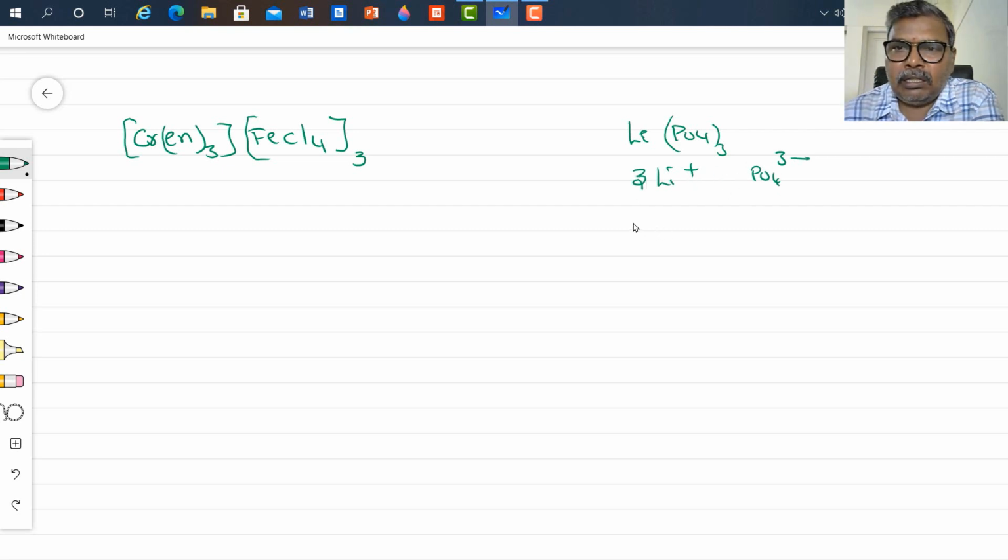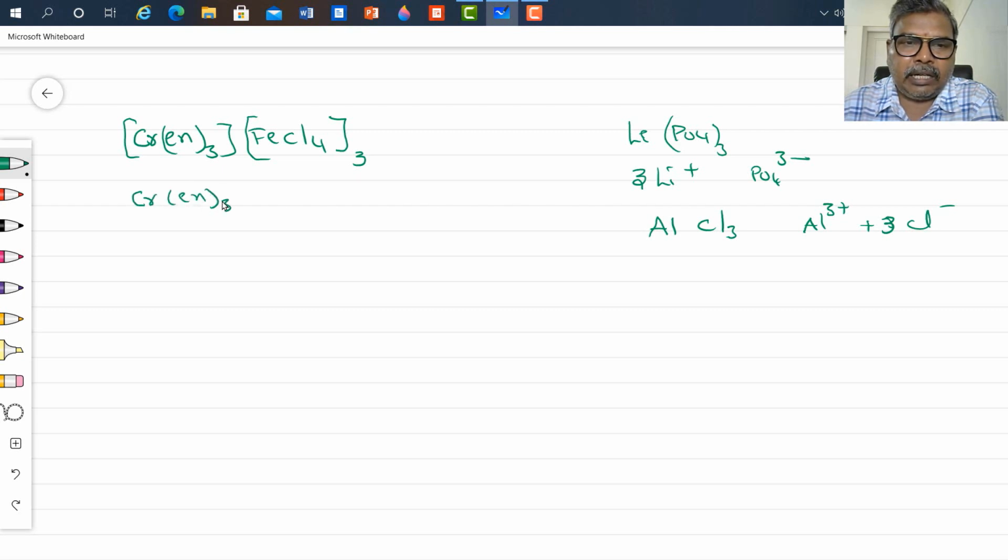But here 3 anions are present, so therefore you can treat it as AlCl3. AlCl3 consists of Al3 plus and 3 Cl minus ions. So therefore if you ionize this, we will get